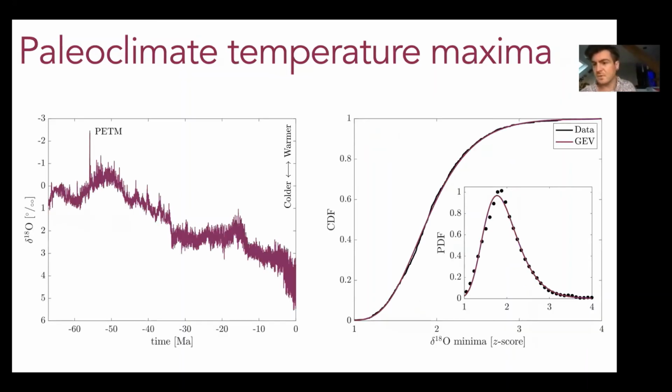So what we've done recently is shown that this actually applies to thermal extremes in the paleo record. On the left here is a plot of more or less temperature over the last 66 million years. This is delta 18O, which is an isotopic ratio of oxygen in the ocean. There are a bunch of details, but you can basically think about it as the higher the delta 18O, the colder the average Earth temperature at that time.